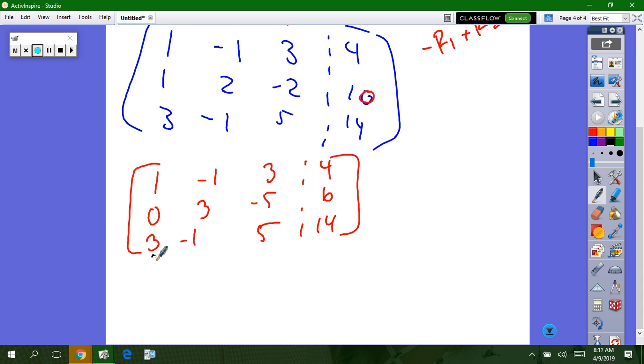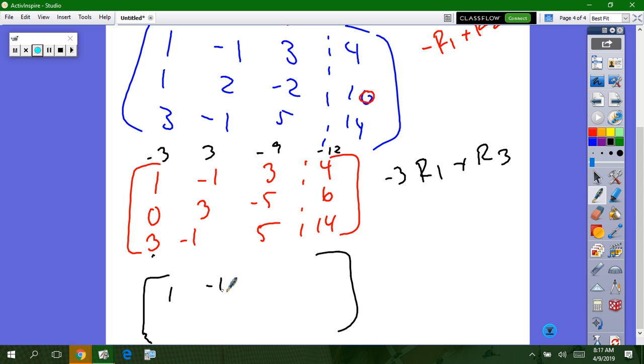So I'm going to take row 1 again. And what am I going to do to him? Times by -3, right? And I'm going to add that to row 3. So I get -3, 3, -9, -12. Those numbers up there are just our multiplication of what I want to do. Then I start my new matrix. I have 1, -1, 3, 4, 0, 3,